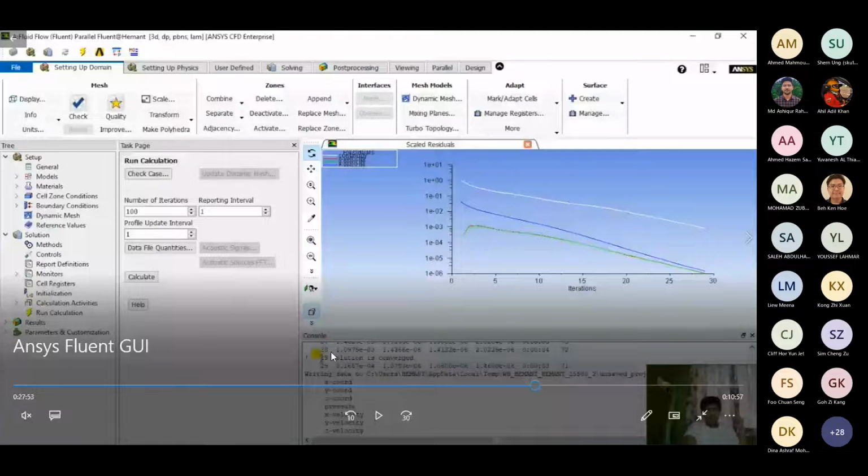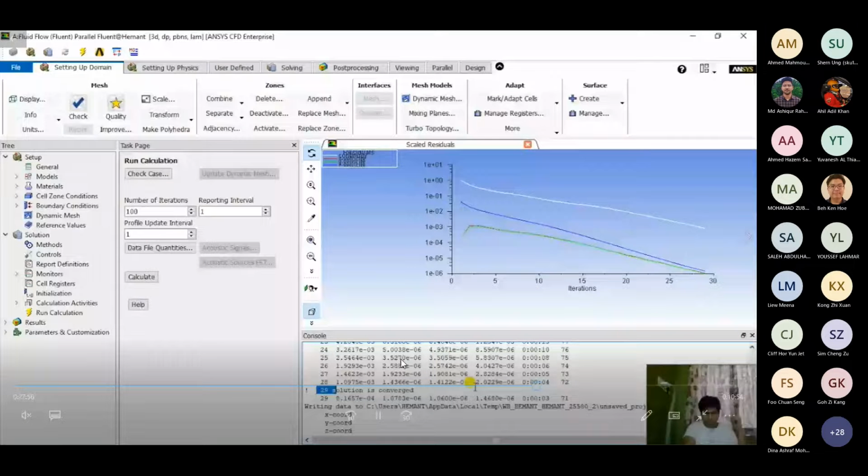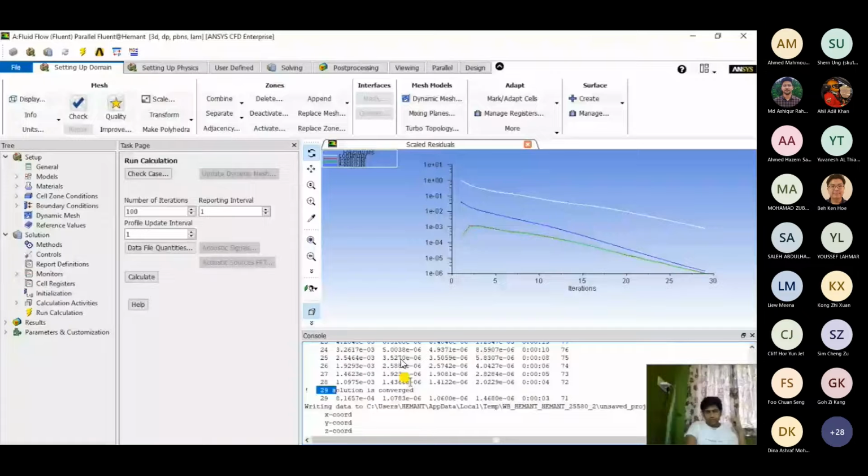Based on the difference, this value will be coming up. So it's in the range of minus 3s. It's obviously minus 6, minus 6, minus 6, which is less than minus 3. So it satisfies our residual criteria, and that's why my solution is converged. This also depends on what convergence criteria you would set, and it doesn't necessarily apply that whatever criteria you set, if it shows you the solution is converged, it's basically subjective, if I talk about it in a brief manner.